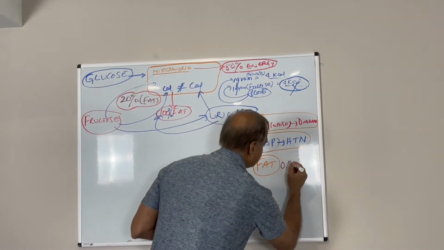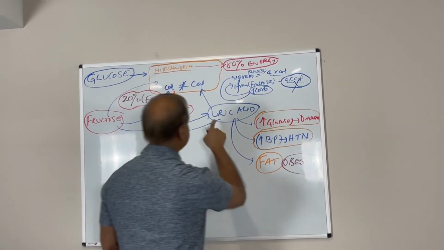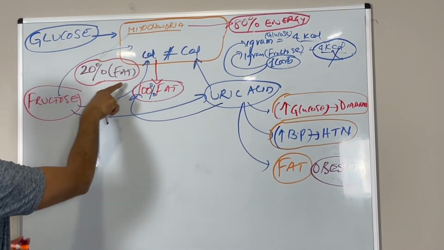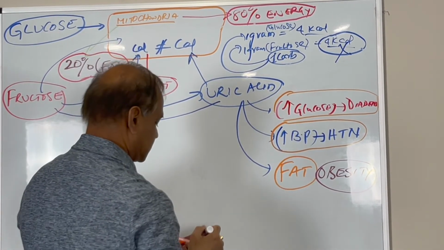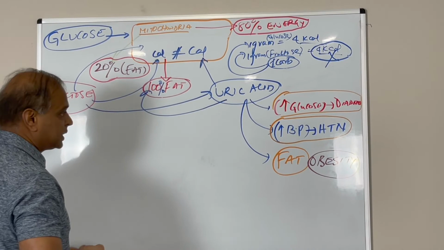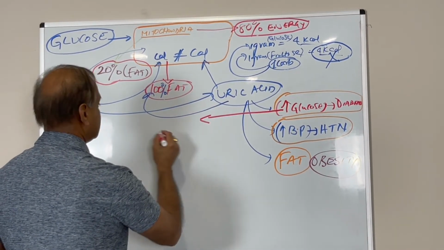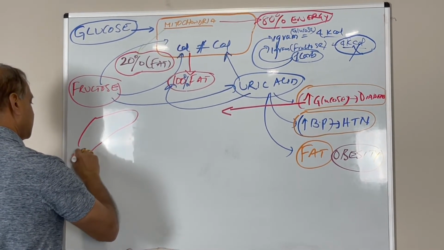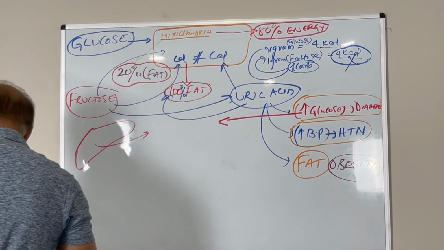So all these are symptoms, we are calling it obesity, and they are all coming from one mechanism, which is the uric acid pathway, but they also come from glucose with this 20% fat, which I will try to connect. So let's put all those pictures of what happens where when you say high glucose. The liver is the most important organ for this, because the liver makes more glucose all the time. So we have to mark liver here,